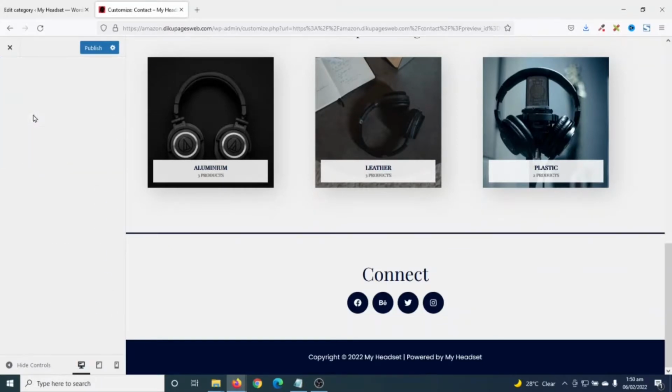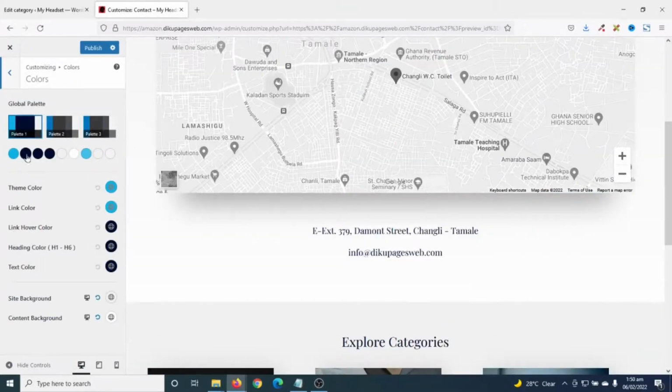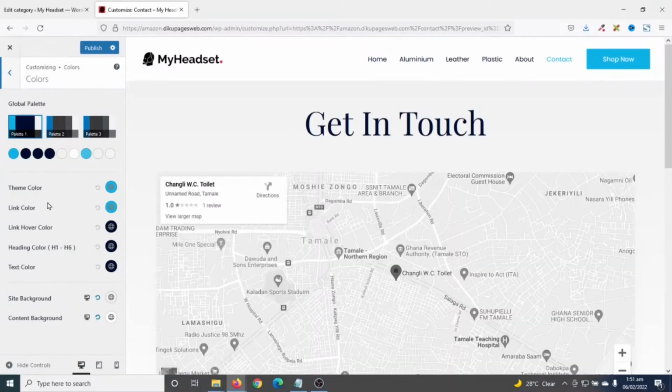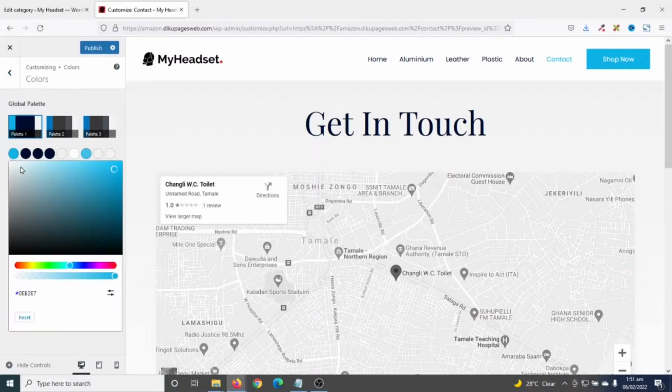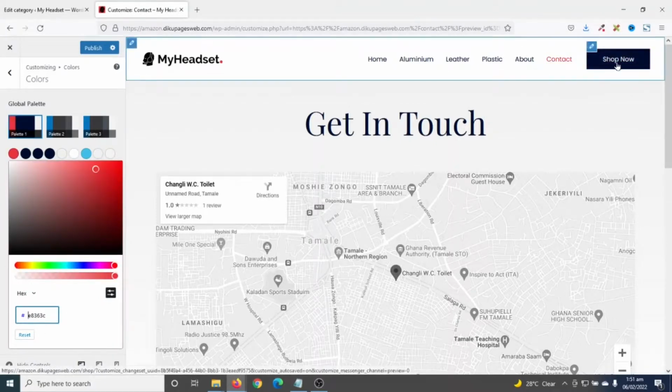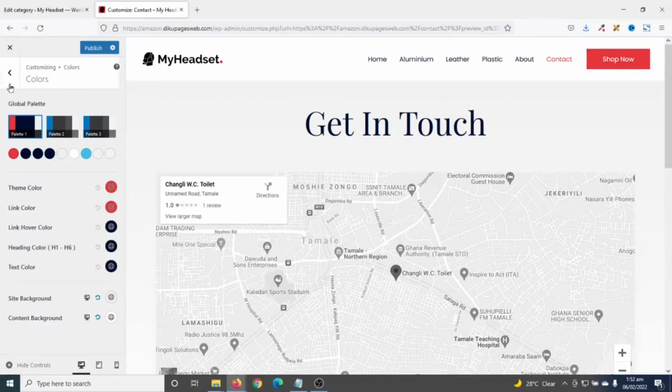Next, I go back to global. I click on colors. In here, I'm going to change the theme colors of my website. And this is the only color I'm going to change. That is color 1. I click on it. Then I click on show details right here. And I'll go ahead and remove this and enter my color. You see that my button is changed, as well as my menu links. Next, I go back,